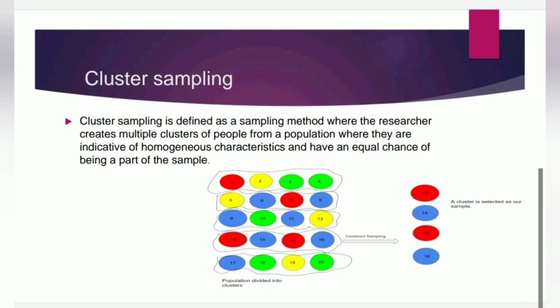Next, I am going to discuss cluster sampling. Cluster sampling is defined as a sampling method where the researcher creates multiple clusters of people from a population where there are indicative of homogeneous characteristics and have an equal chance of being a part of the sample, which means cluster sampling